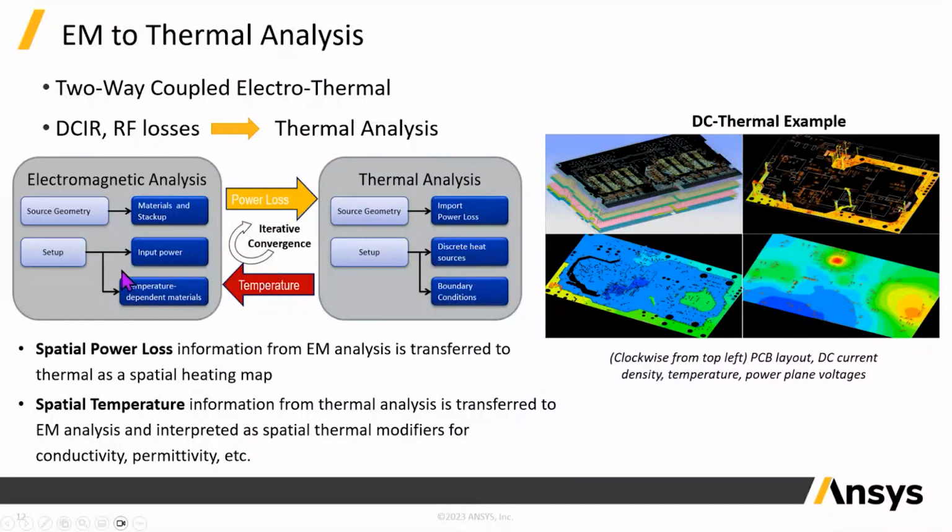Why we need this is, assume initially it was 20°, the thermal solver predicts 45°, but at 45° your PCB material property is going to change. So after the spatial temperature property comes back, the EM solver will run one more time and predict the RF losses based on the new material properties at that temperature. Again, the power loss will come. You can run one more thermal simulation, so 45° is going to change to 47°. If you want, you can do multiple iterations, which will predict the temperature similar to the practical